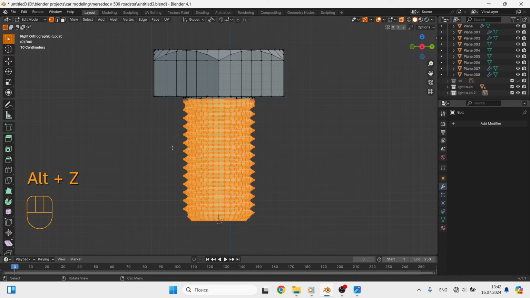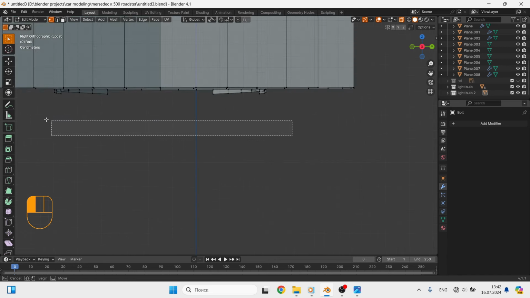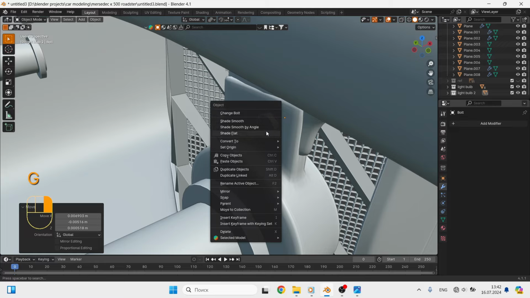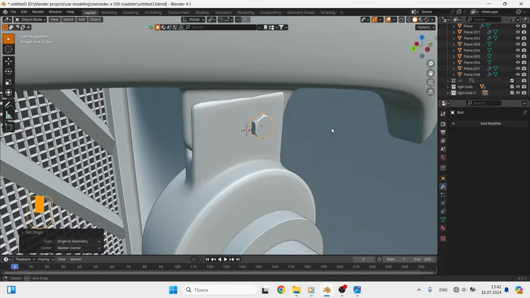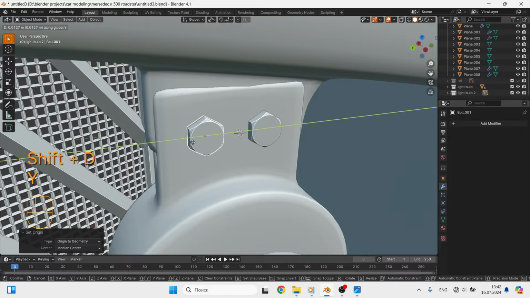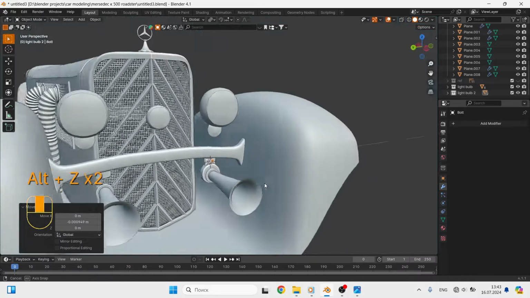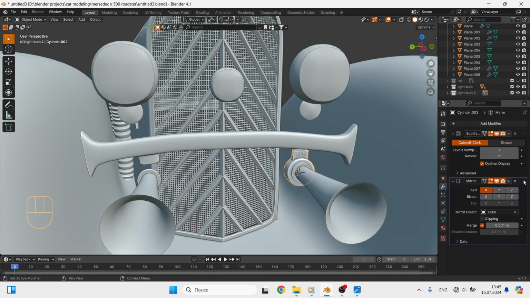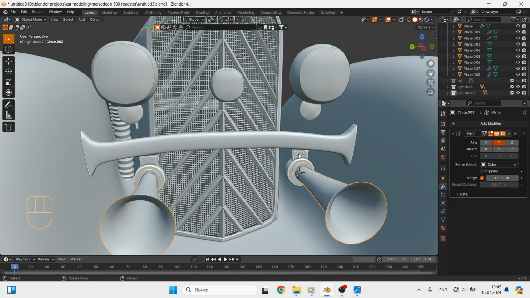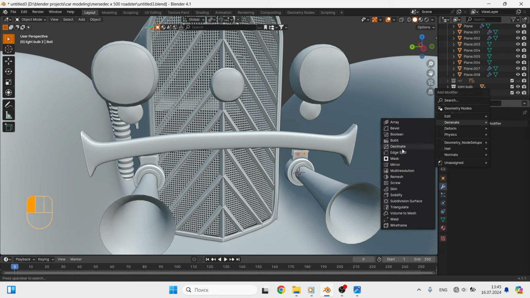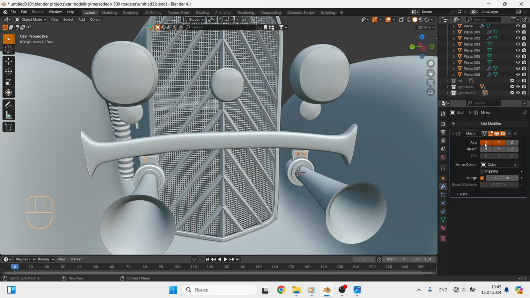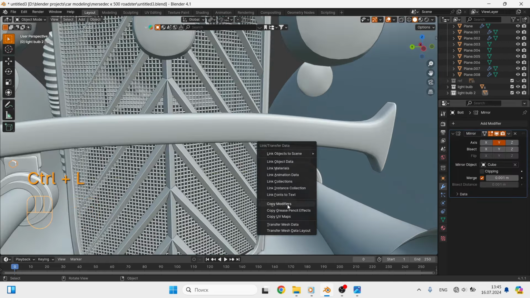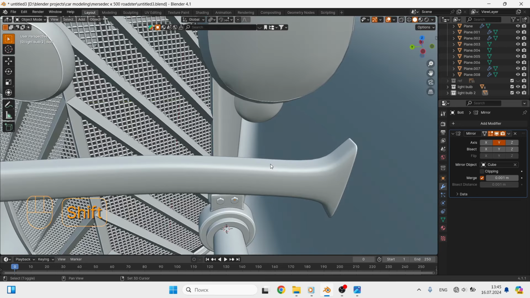We do this in order to optimize the number of faces in the scene, since when we start multiplying the bolts, we will get a lot of extra faces. So good, we can continue further.